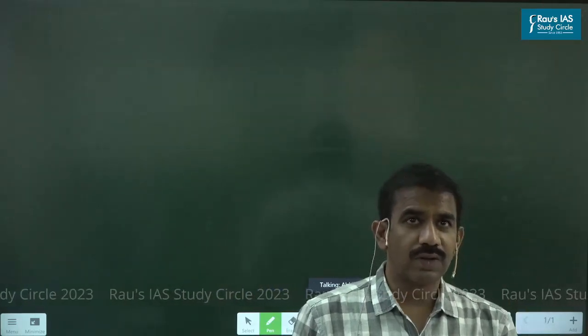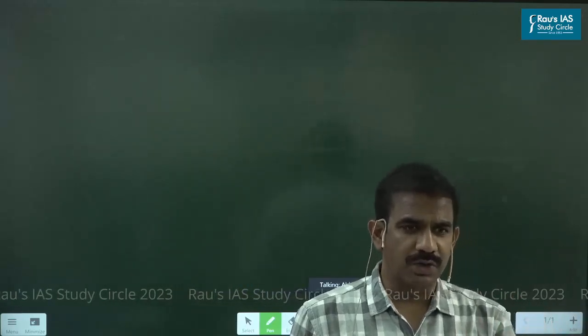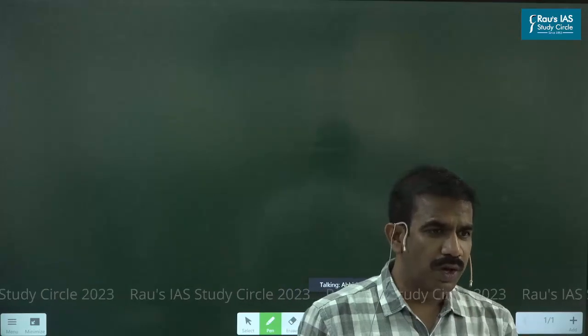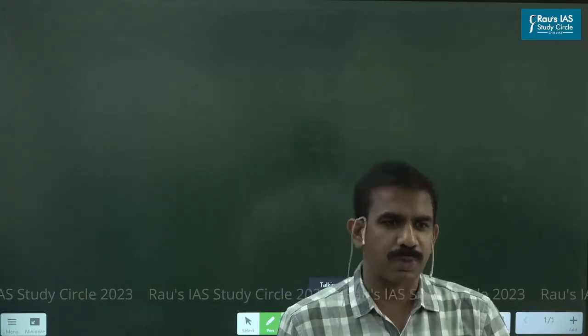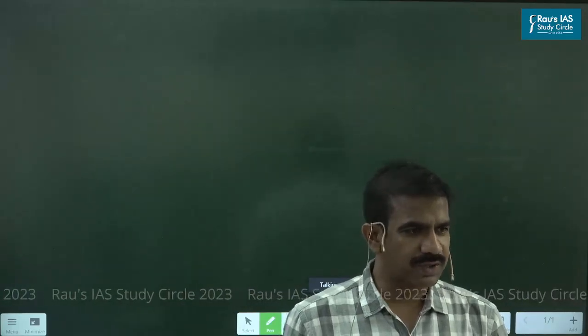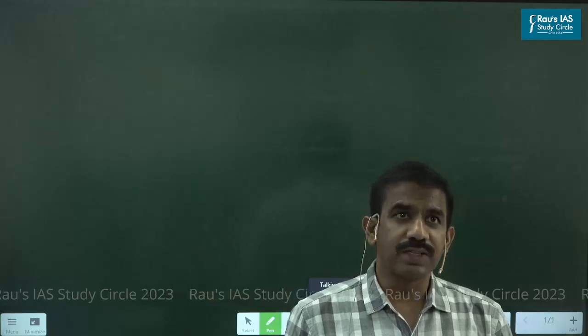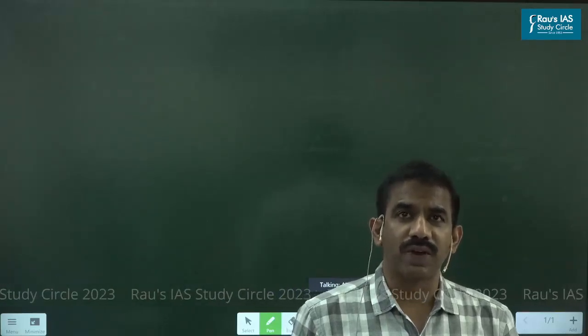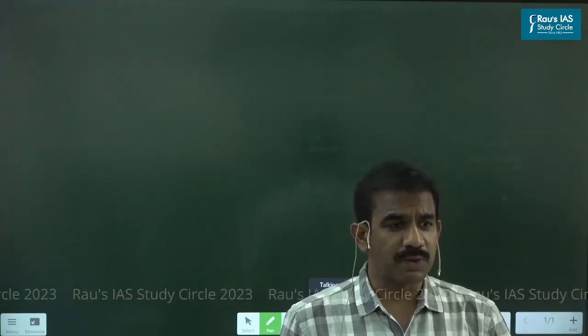Whatever the graph, and I've been saying in one of my previous classes, when it comes to evaluating an answer sheet for paper 1, mostly the people look at whether your graph happens to be right or wrong. If that happens to go wrong, your answer obviously goes wrong because that's what you're explaining. And if your graph happens to be right, 90% of the time people ignore going through your answers. Okay, the reason is the graph is what is being explained. That's it. So that's the reason. Okay, we'll spend enough time and we'll try to draw different types of graphs.